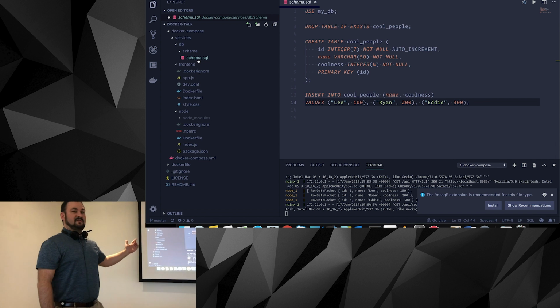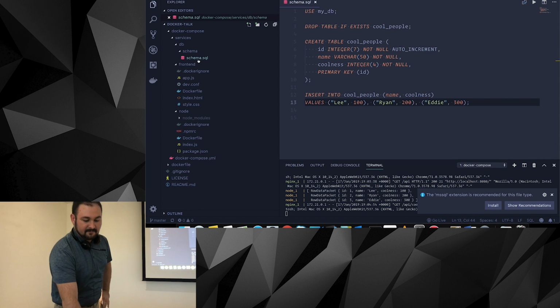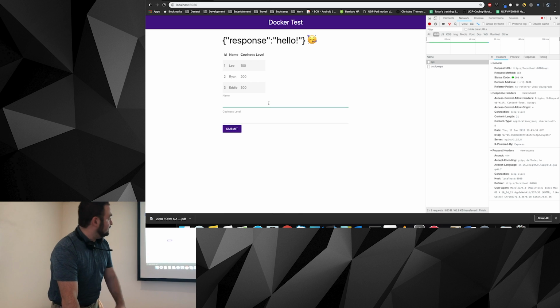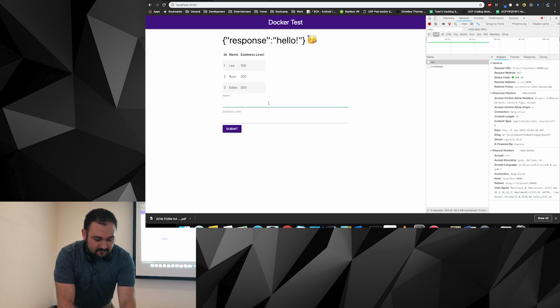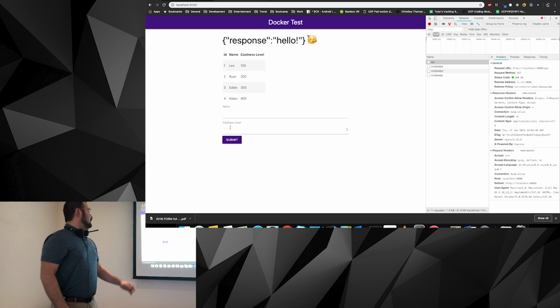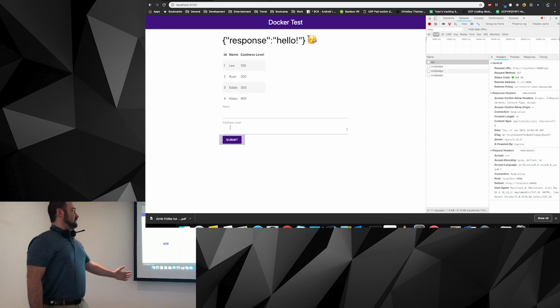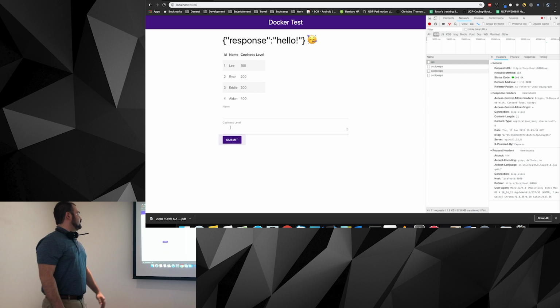So we've got some team members and their coolness ratings. Now if we want to add data, we can do Aiden. Say she's a 400. And now we are sending data into our MySQL container and reading from it with Node.